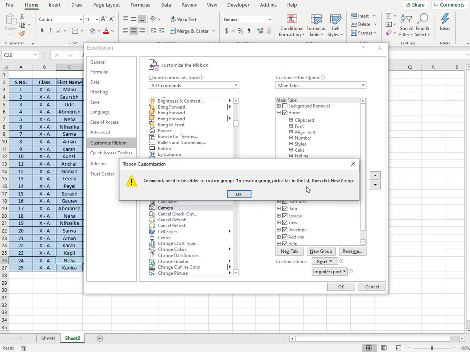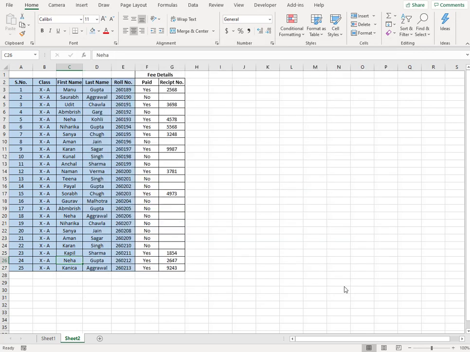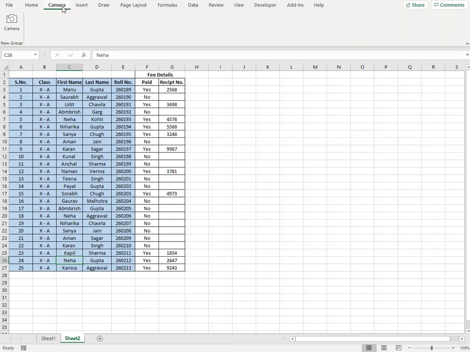So to create a group, pick a tab in the list and create a new group. Basically I have to click on this new group. Again the same thing, and you see that the camera is added to this new group. Then I click on the OK button, and now I get this camera tab, and it has a new group with the camera button. I could also rename the new group if required. Right, so let's proceed further.